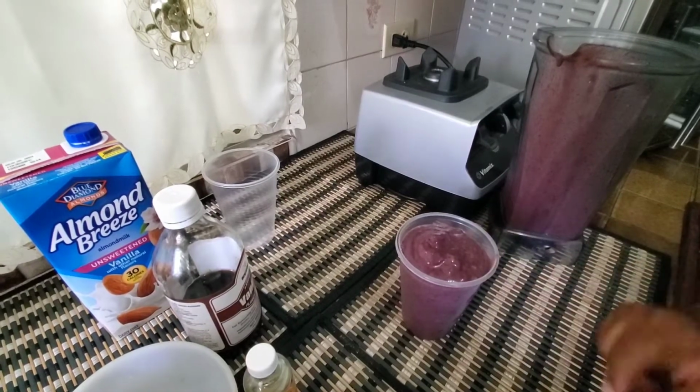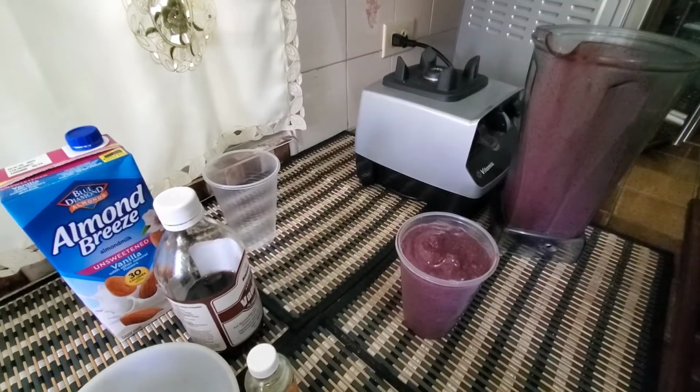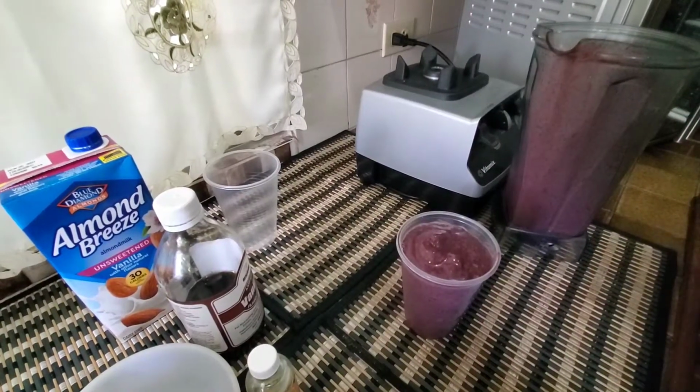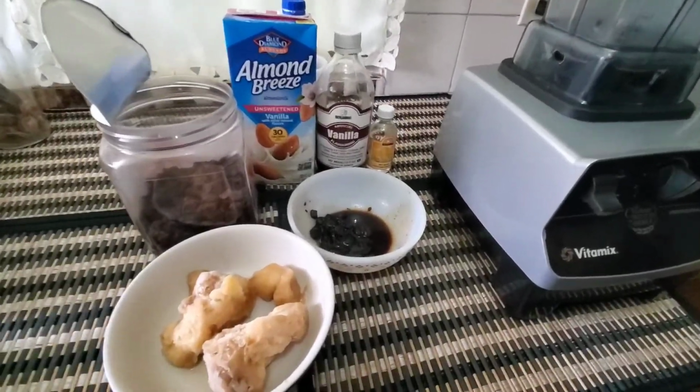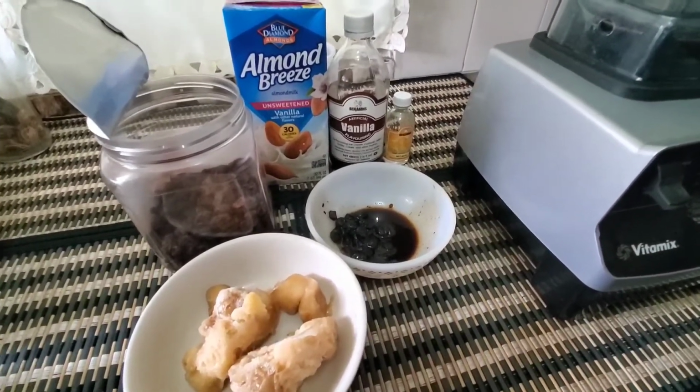As soon as it's done, you want to pop this in the refrigerator. And then I'm going to show you one last one, which is our rum and raisin variation. The third and final ice cream is definitely going to be a hit, and this is none other than rum